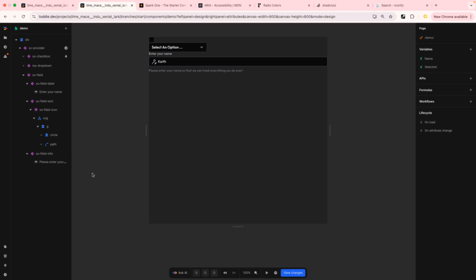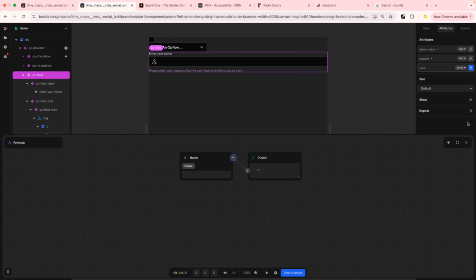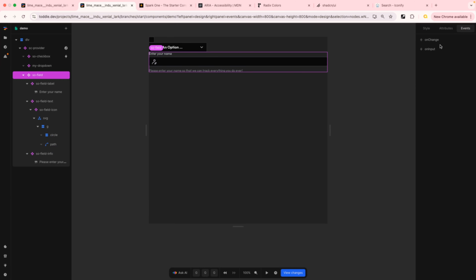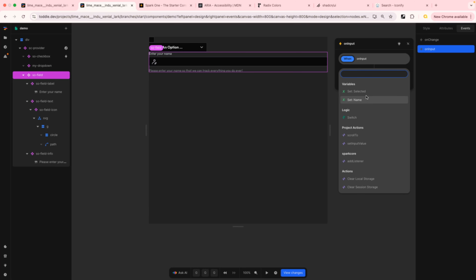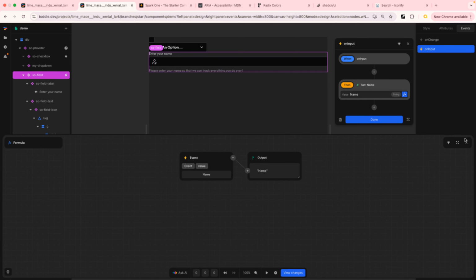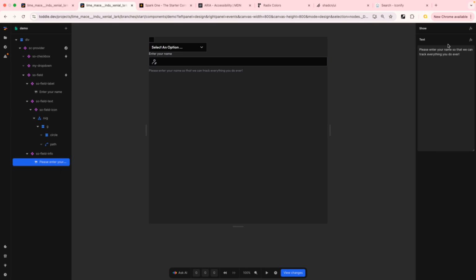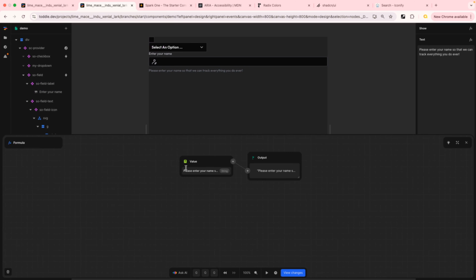Okay, and then what we can do is in the field we can say bind that field to that name variable, and then we've got an event for on change and on input, which is handy, which is similar to what you would get normally on an input. Okay, so we can then say we're going to set the name to the value that it gives us, which is quite handy. And so what we can do then, let's say this field info, let's hook it up to